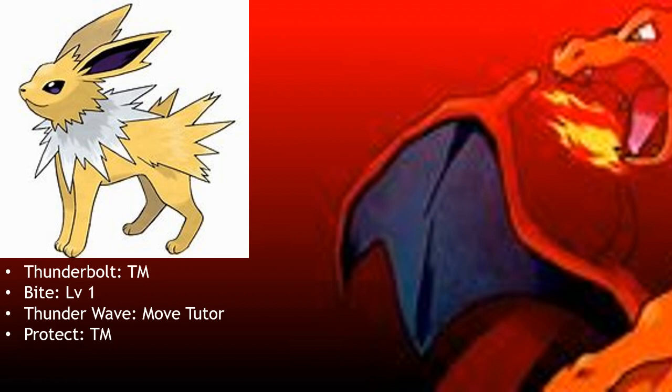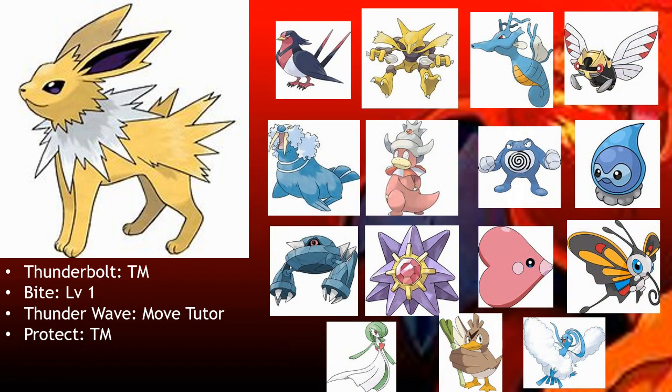Thunder Wave is learned at the Move Tutor in the West Cave at Gate Village. Protect can be bought at Realgam Tower, but until then, use Sand Attack to get yourself out of some tricky situations. Jolteon can help you catch Shadow Pokemon with Thunder Wave, and is good against Ardos's Swellow, Alakazam, and Kingdra, Eldes's Ninjask, Lapras,